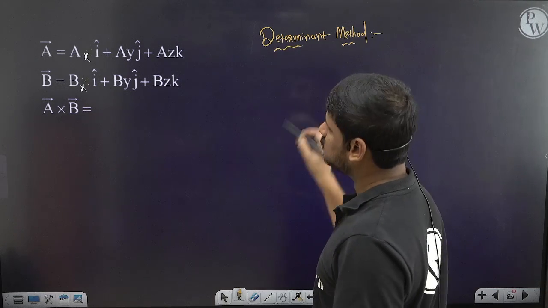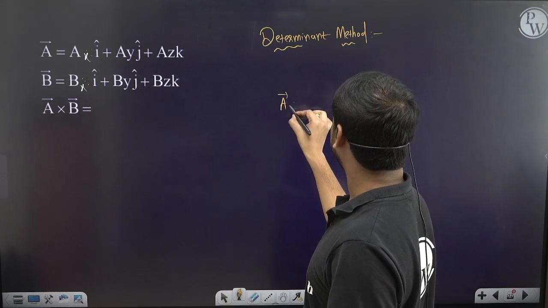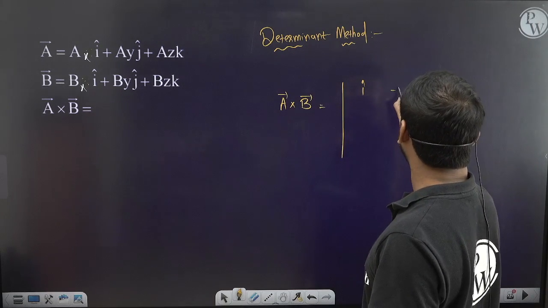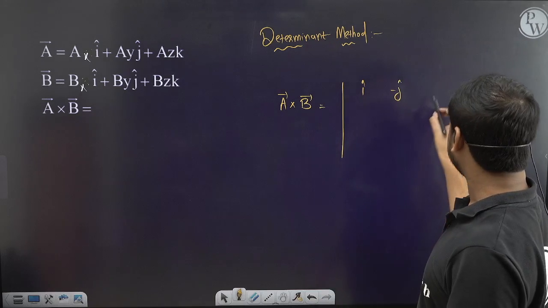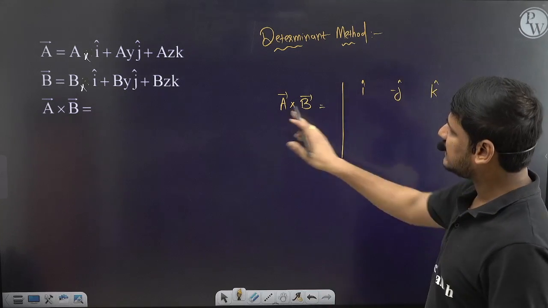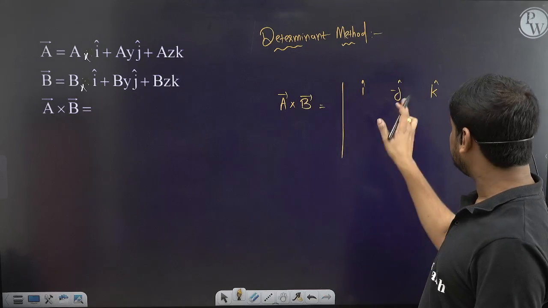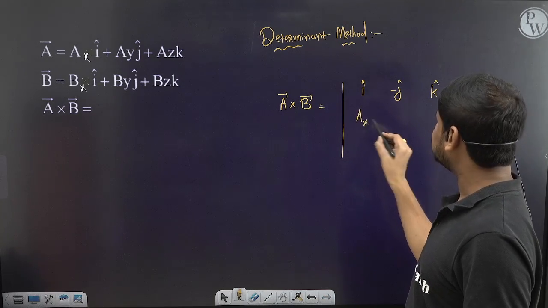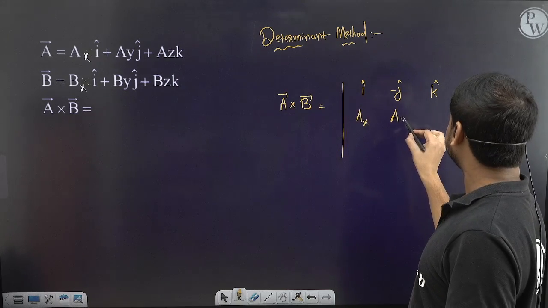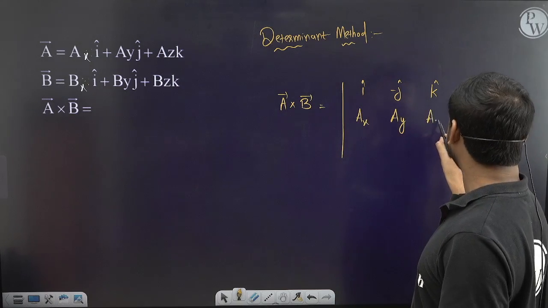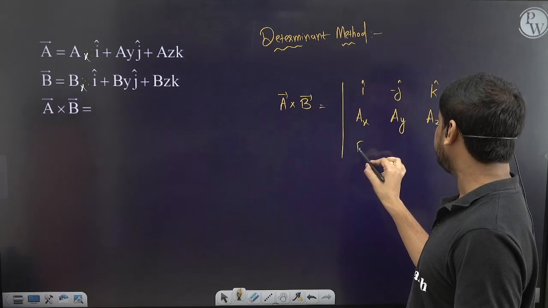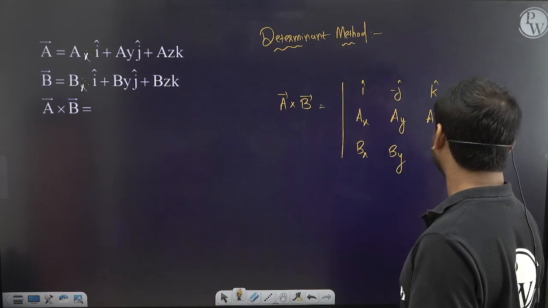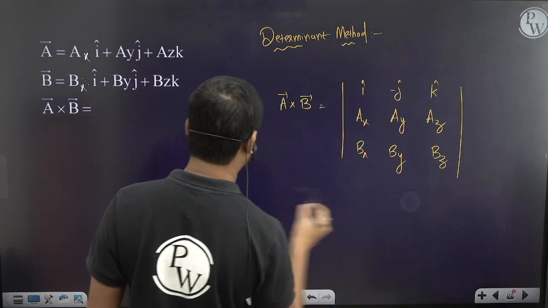Let me show you here. I can write a cross b as simply: first write the i cap, then minus j cap, then k cap. Then write the coefficients of the first vector: i cap, j cap coefficient ay, k cap coefficient az. Then write the second vector: bx, by and then bz. Okay, so now the a cross b will be given by,